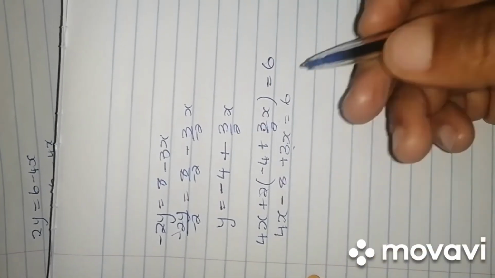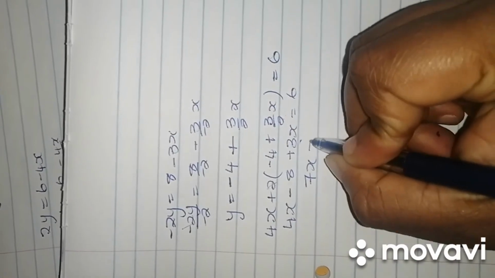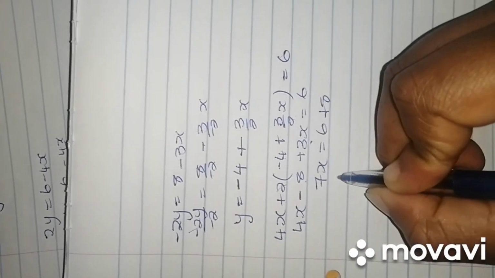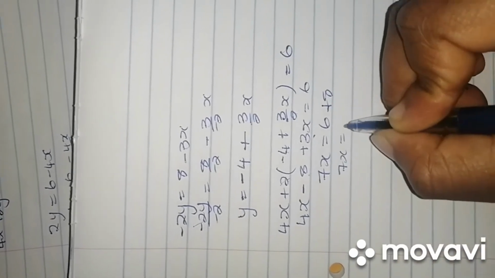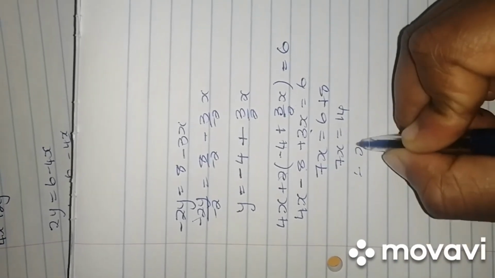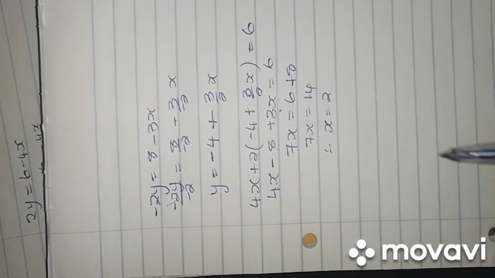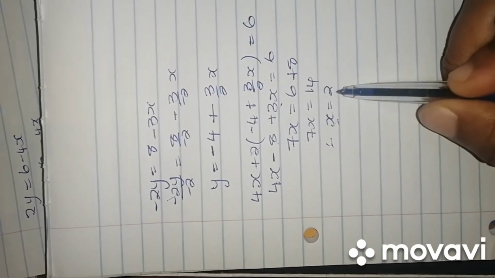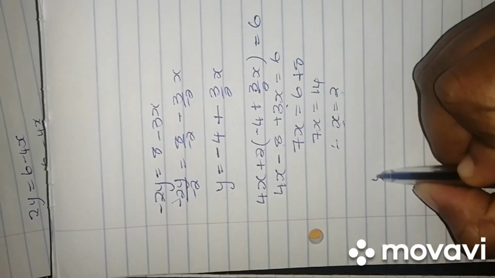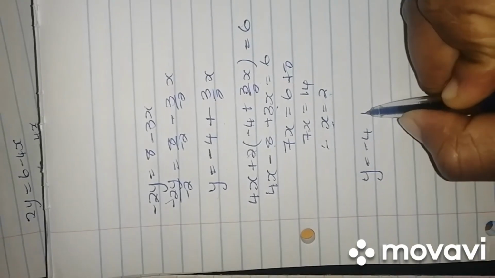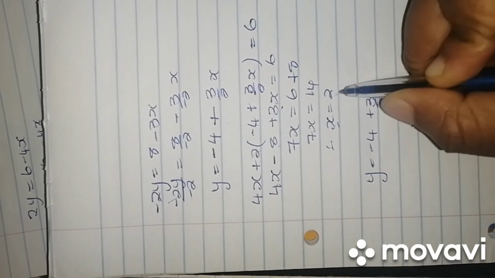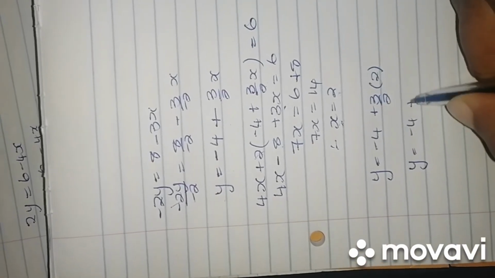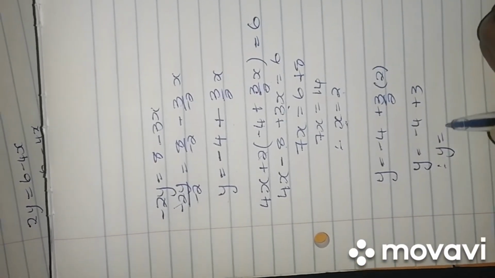Then we add the like terms. Then we have 7x minus 8 is equal to 6. We take this 8 to this side, plus 8. We have 7x is equal to 14. Therefore, x is equal to 2. Then we substitute x is equal to 2 in this equation. If we have y is equal to minus 4 plus 3 over 2 x, where we see x, we write 2. Then we're having y is equal to minus 4 plus 3. Therefore, y is equal to minus